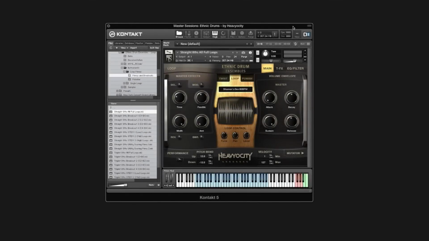Alright, let's take a look at how these are laid across the keyboard. You can actually hear some other things that are going on inside that loop. So what they've done here is give you these breakout menus. Each individual breakout menu here is set up and zoned so that you can trigger those stems inside that loop. Starting with this first black key here, which is the full loop,